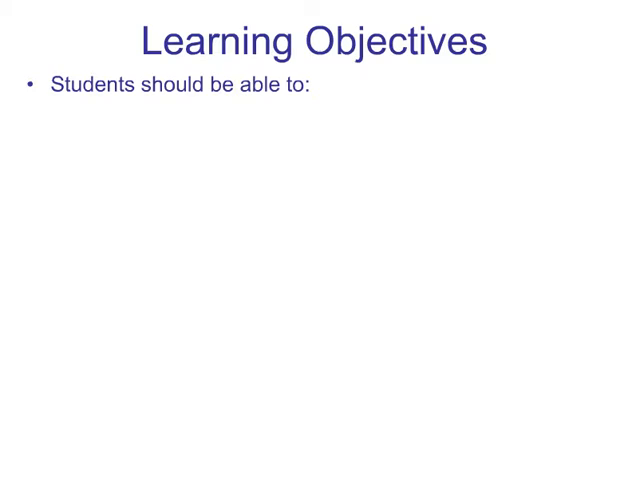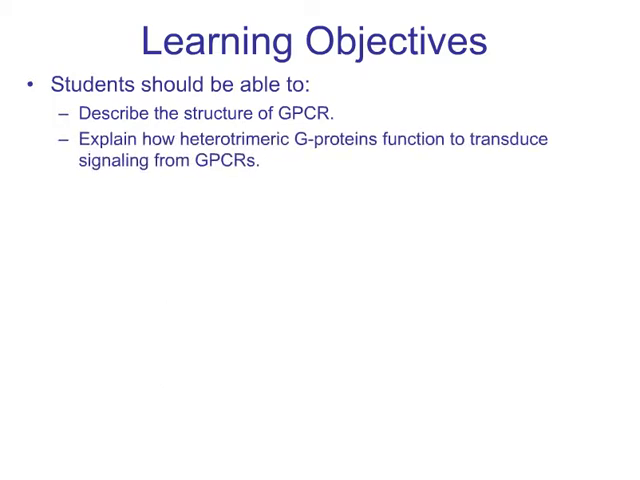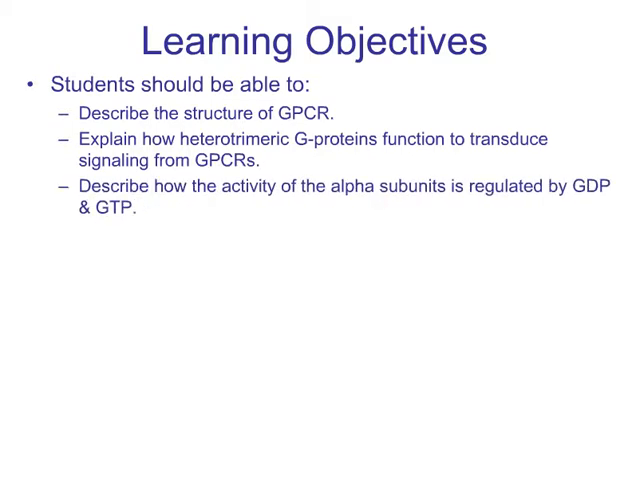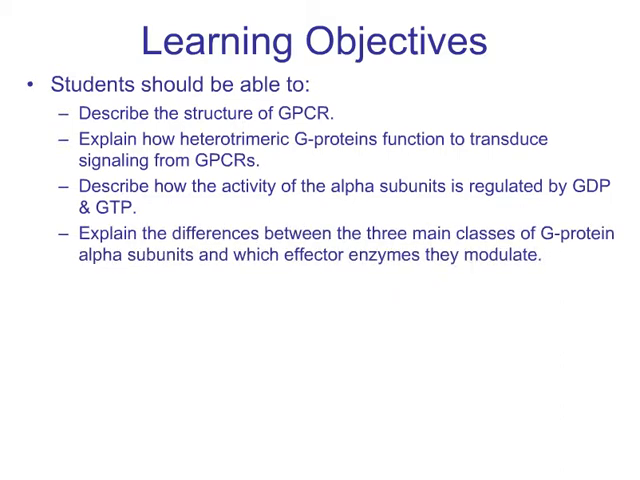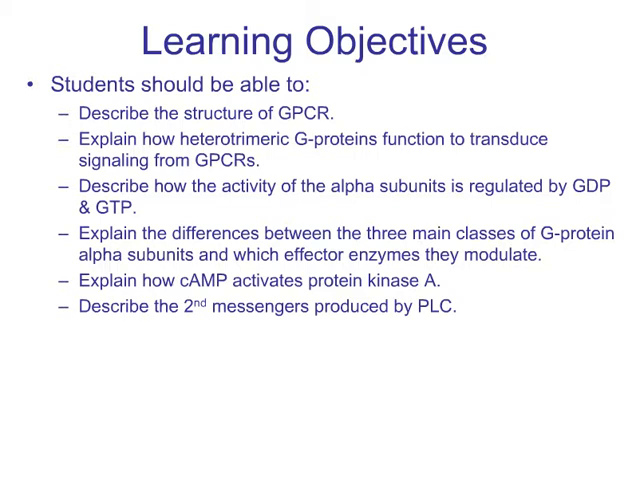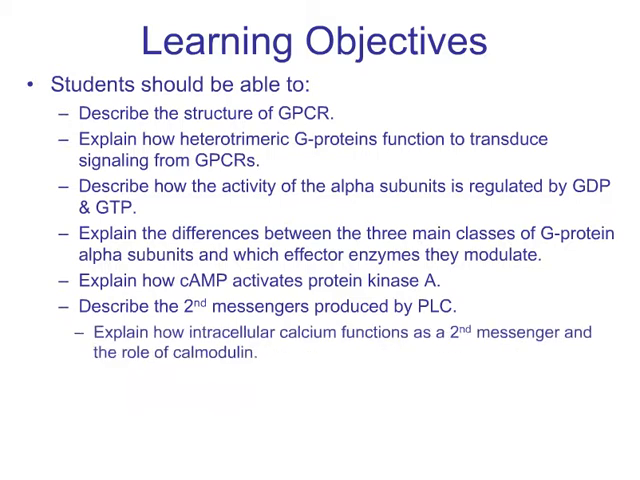After studying this learning module, students should be able to describe the structure of G-protein coupled receptors, explain how heterotrimeric G proteins function to transduce signaling from G-protein coupled receptors, describe how the activity of the alpha subunit is regulated by GDP and GTP, explain the differences between the three main classes of G protein alpha subunits and which effector enzymes they modulate, explain how cyclic AMP activates protein kinase A, describe the second messengers produced by phospholipase C,